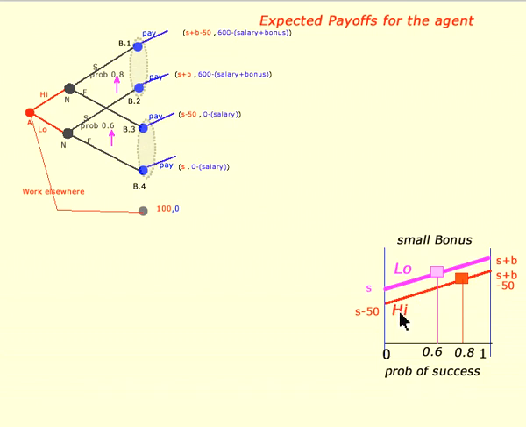Now let's look at the expected payoffs for a high effort level. Well, if you have a high effort level and it fails, then you only get your salary and it costs you 50. So this point S minus 50 corresponds to that S minus 50 there, 50 being the cost of providing the effort. If it's a high effort and succeed, you get your salary plus the bonus minus 50, and that translates over to this point over here. So again, we get the two endpoints on a line. We draw the straight line between them, and that straight line reflects the expected payoffs for high effort, depending on what the probability of success is.